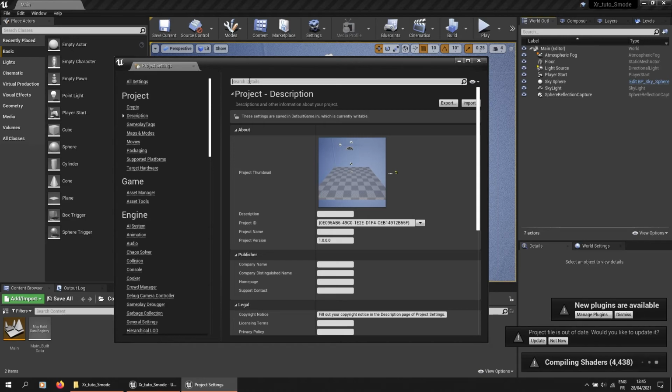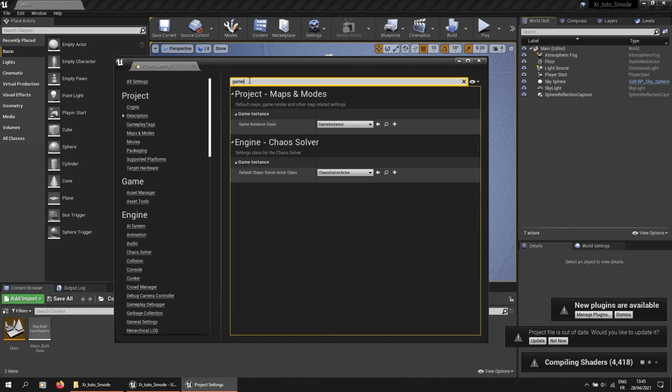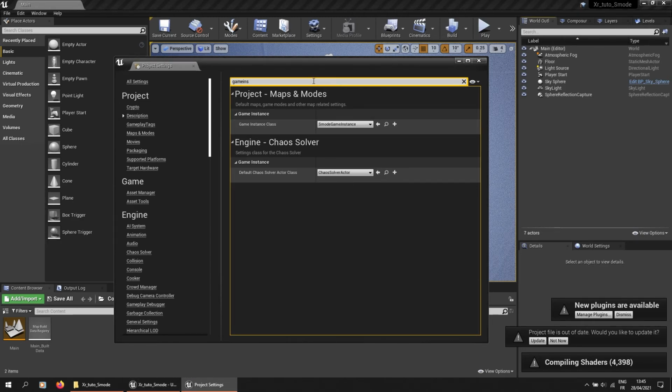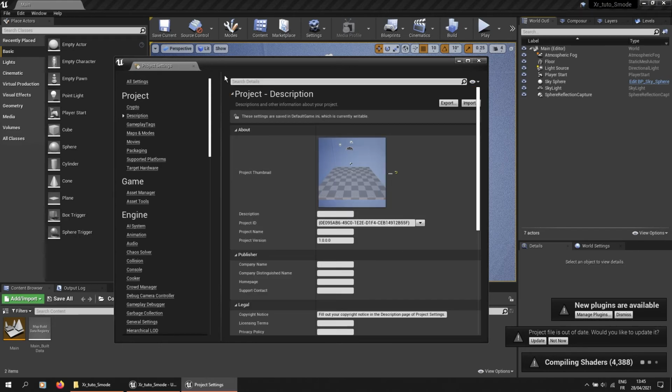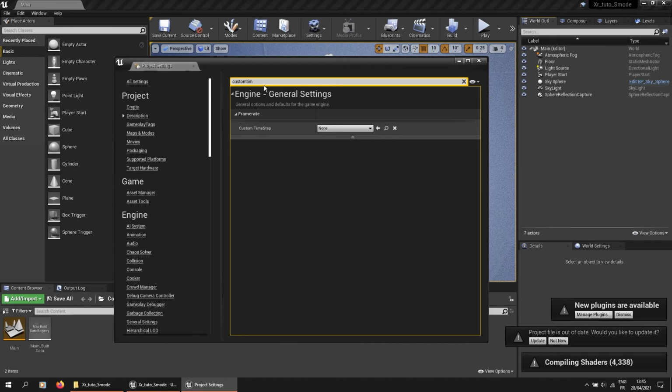So for SMOD connection, we need to change the game instance to SMOD game instance and the custom time step to SMOD custom time step.